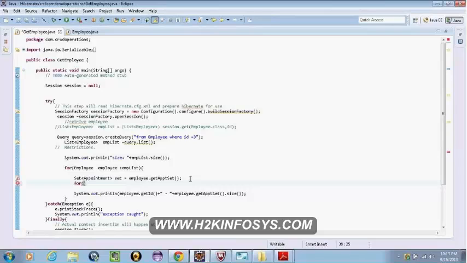And one more thing, can I modify something in employee? Let's say I'm saying where ID is equal to 3, right?